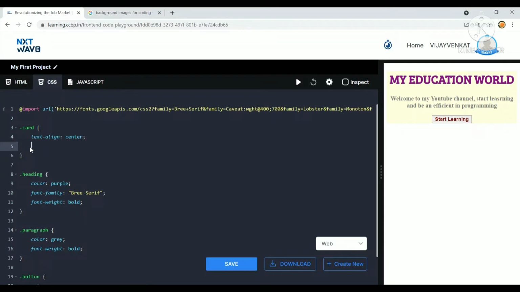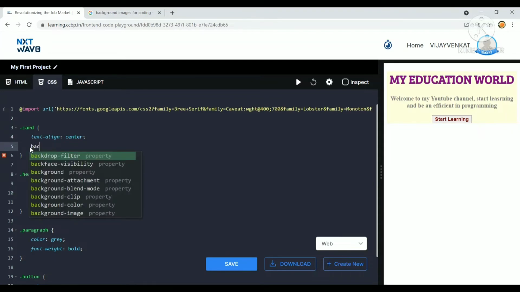In order to assign a background image, the property name is background-image itself. So I'm adding a background image.